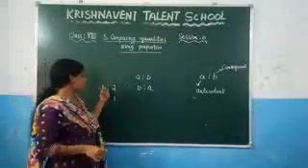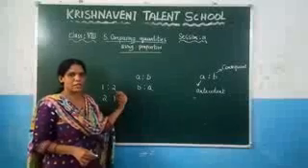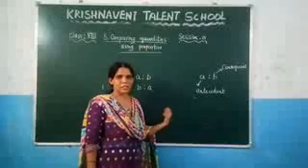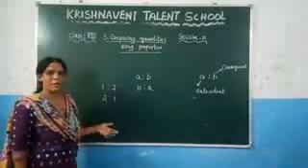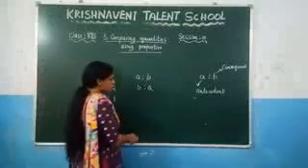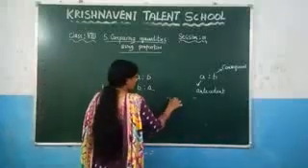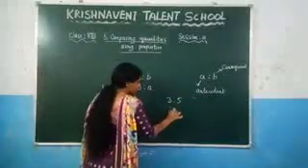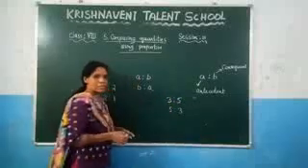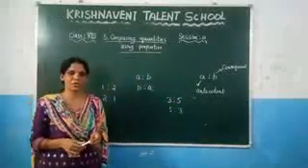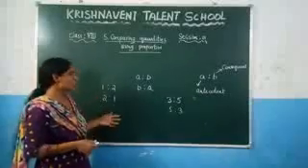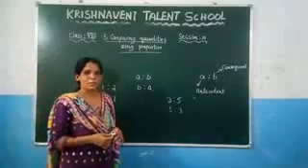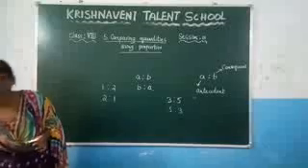That means the numerator will become the denominator and the denominator will become the numerator, or otherwise the antecedent will become the consequent and the consequent will become the antecedent in the inverse ratio. So let us consider some ratio 3 is to 5. What is the inverse ratio of 3 is to 5? The consequent will become the antecedent and the antecedent will become the consequent. Suppose they ask to find the inverse ratio, like this you can find it. So the inverse ratio of A is to B is nothing but B is to A. This is about the inverse ratio.